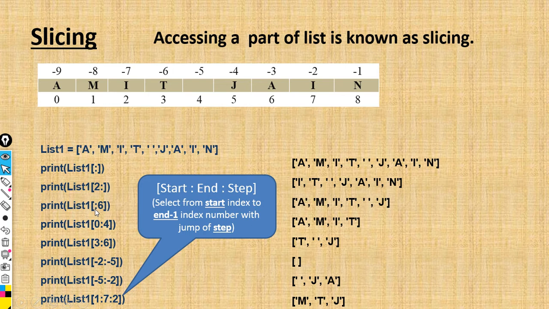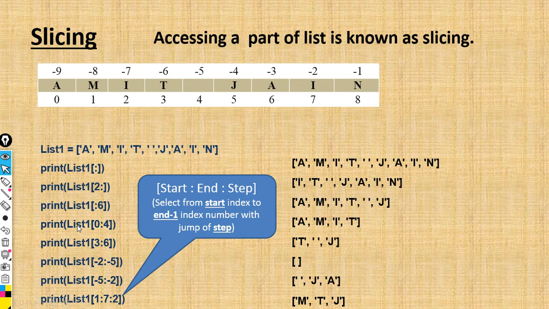In the next example, we have not given the start index. It means it is starting from the beginning. It starts from the beginning of the list and ends up to the sixth, that means just before the sixth index, that is 6 minus 1, which is 5. Start at the beginning, the first element is A. We have to start from the beginning, AMIT, and up to n minus 1. 6 is the end, so n minus 1 is 5, up to J, AMIT space J. Our result is AMIT space J.